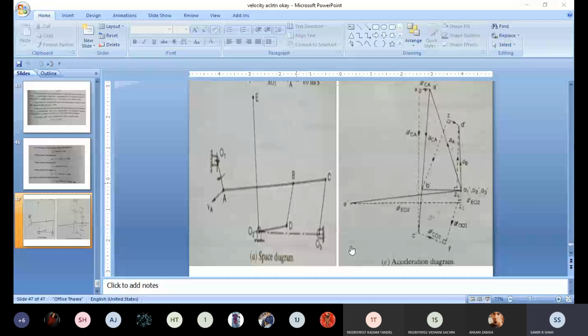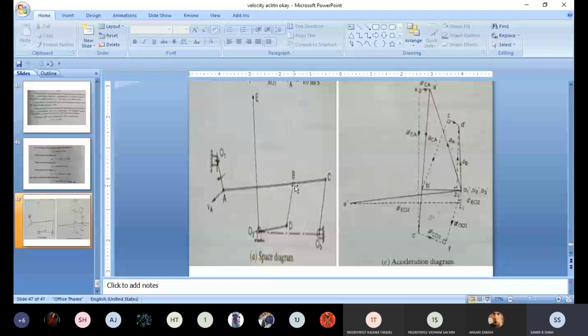As we know that from this equation of A dash B dash by A dash C dash is equal to AB by AC, we have three values. So we have to find A dash B dash, and we have to directly put that value from A dash. So we are getting initially B dash. Now this is important to find B dash. After B dash means this point is completed.